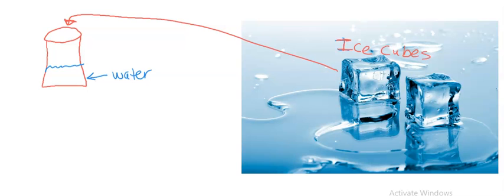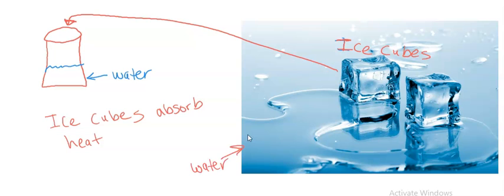So one thing we know about ice cubes is most people think that, oh, ice cubes make the water colder. No. What the ice cubes do is they absorb the heat of the water. So when they absorb the heat, it melts. You see, it melts. So like this ice cube you see here, it's melting. So here you have the water that's melted. So once it absorbs the heat from the water,